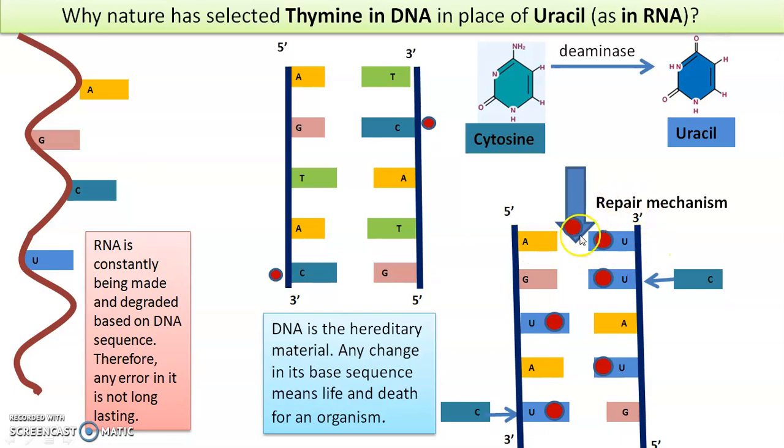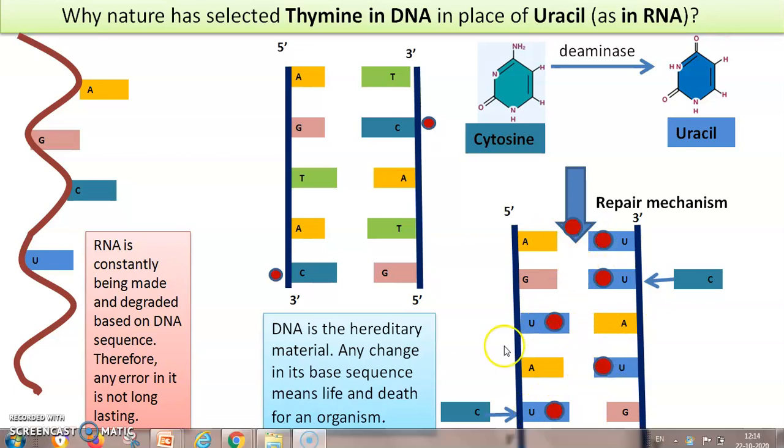What would happen? This repair mechanism enzyme would also change this U to C while correcting the error of deaminated cytosine. So of course GC pairing would be corrected during proofreading. GC pairing would be corrected, but what would go wrong? All the natural uracil would also be replaced by cytosine. So the pairing would be AC, which is wrong. So naturally, during the course of evolution, thymine took place instead of uracil.